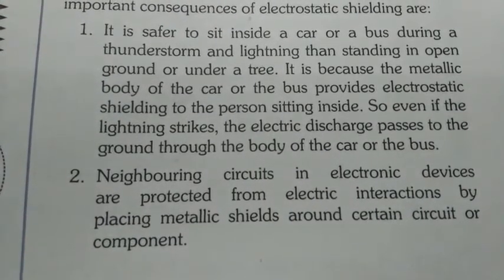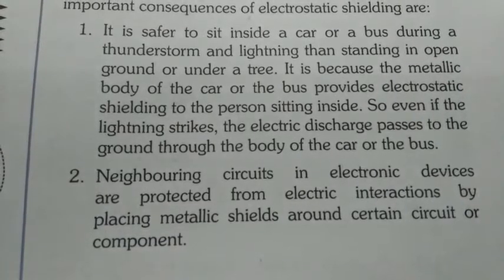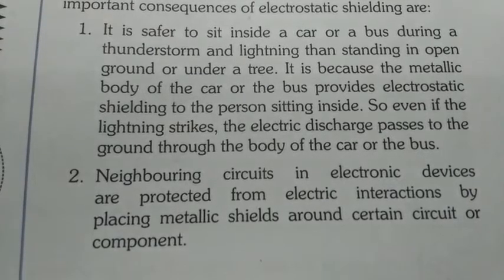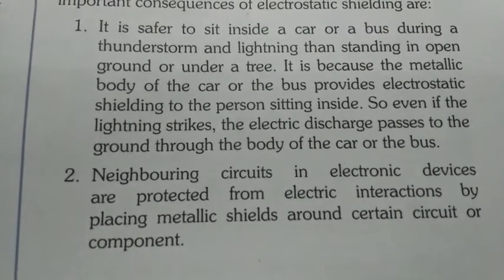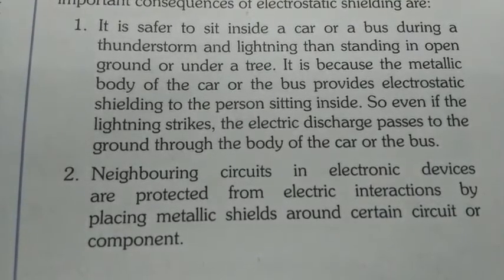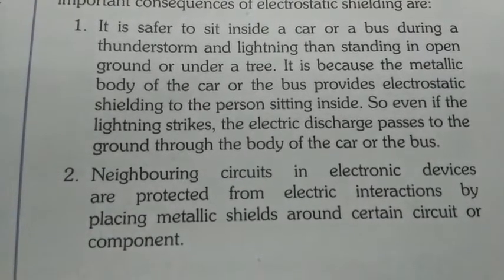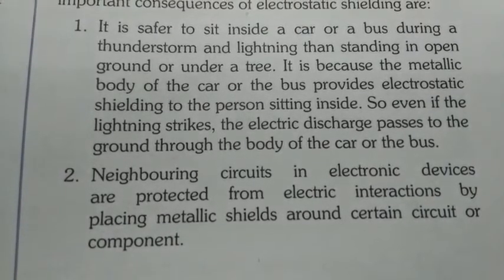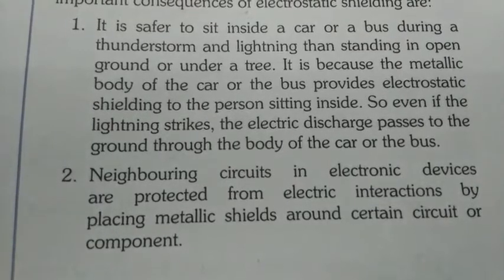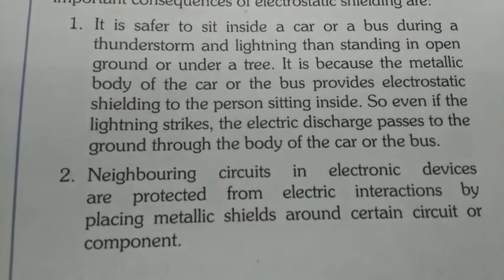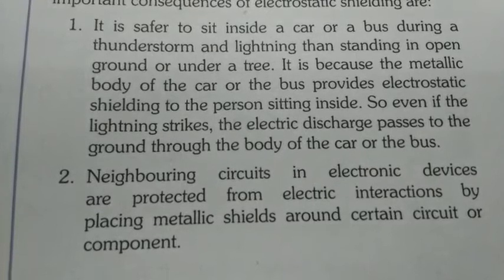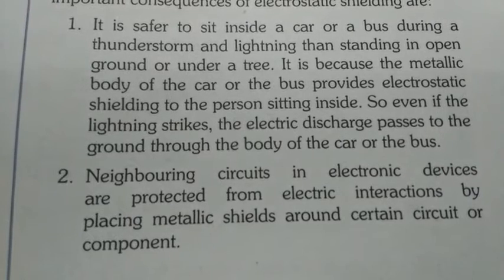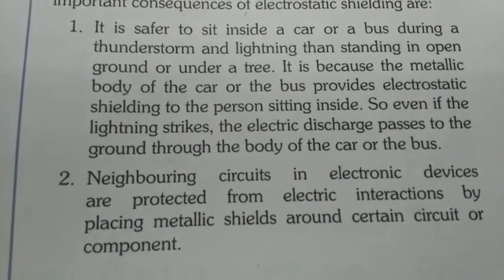Because, as we all know, from the distribution of charges, all the charges are distributed over the surface of any conductor, and inside the surface the electric field is zero. We discussed this in chapter 1 as well. So inside the metallic box, what is the electric field? E equals 0. So whatever device we put inside a totally closed metallic box will be saved from the outer electric field.